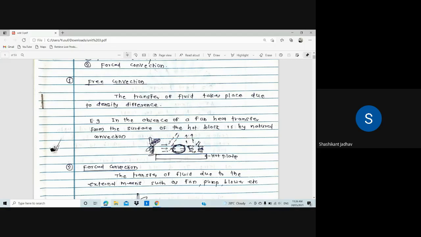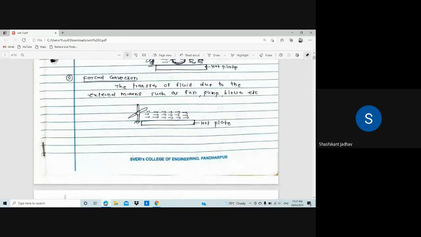The transfer of fluid due to the external means such as fan, pump, blower, etc. Okay, तर तिथं काय आपण असं एक्सटर्नल डिव्हाइस यूज करणार आहे,